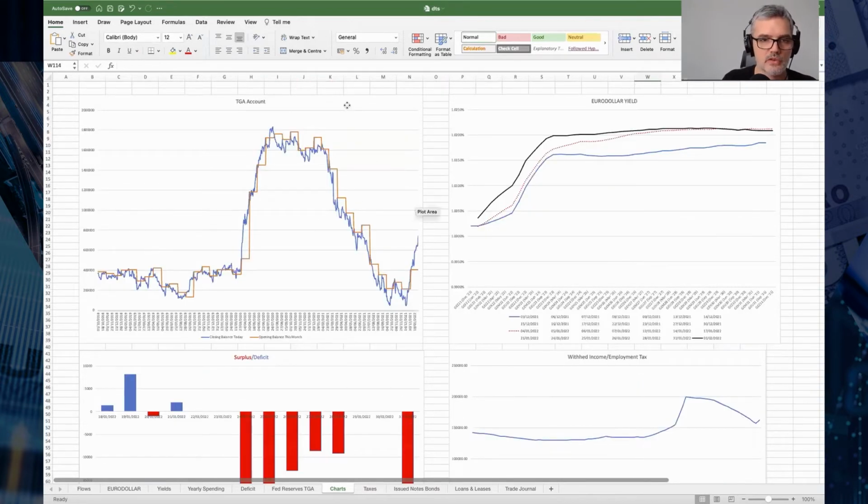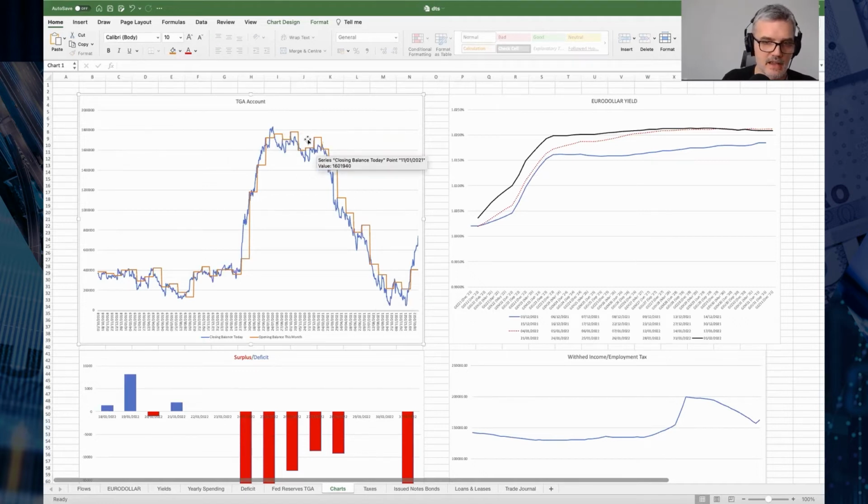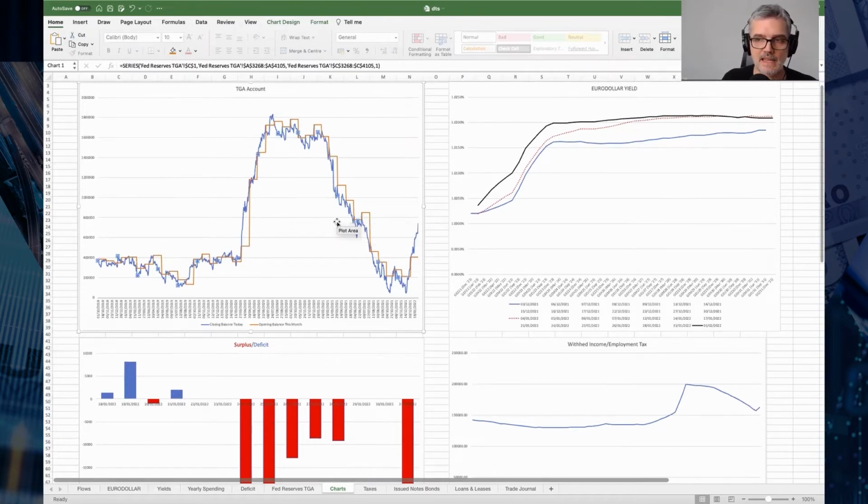If we go to this chart here, this is the US Treasury General Account where they hold their money at the Fed. And you can see they parked trillions of dollars back in the pandemic time. They had to reduce that by mandate. So US Treasury Secretary Yellen has reduced that, but now we're seeing this blue line creeping back up. That means that they are taking in more money than they are spending.